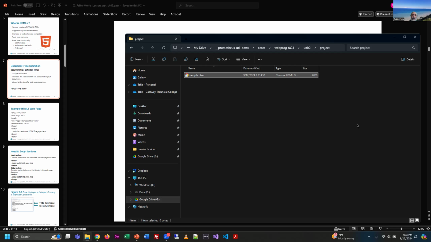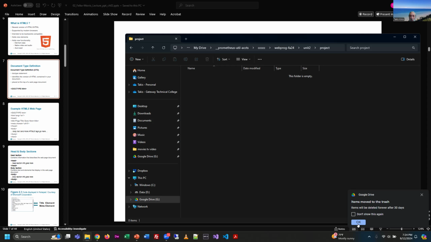But the point is, if your file extension viewability is set correctly, you should be able to see the .html at the end. If it's not, you'll just see the word sample and the little icon that probably looks like a piece of paper instead of a web browser icon. All right. I'm actually going to delete this file, folks. So now I'm going to switch over